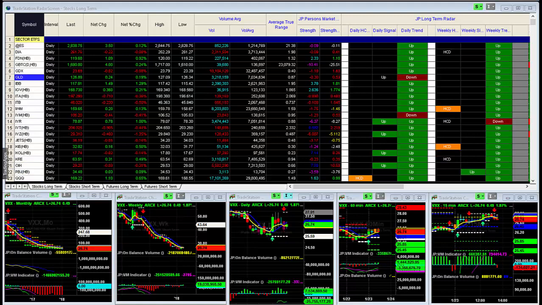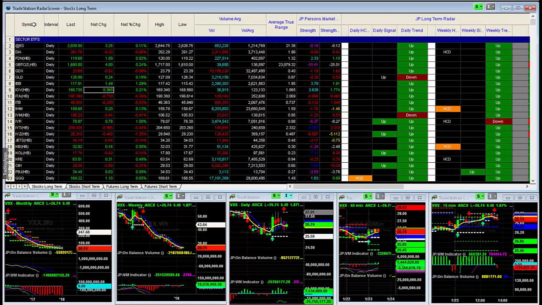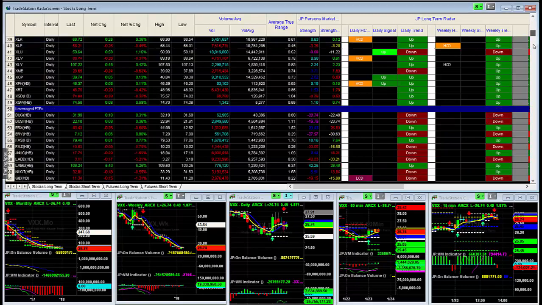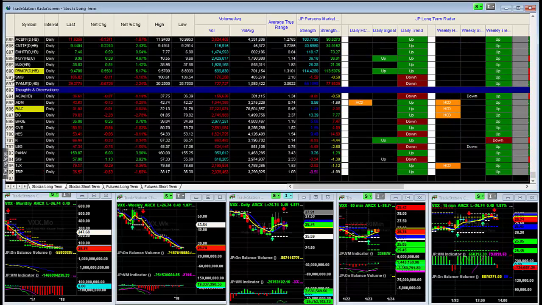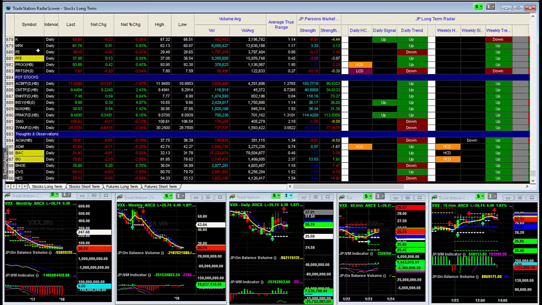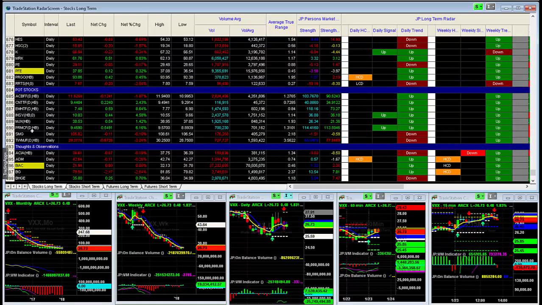Now, also, what we want to look for is when we take a look at our radar screen, and my radar screen is now loaded up to, as you can see, approximately 700 different stocks, and I have, for lack of better words, pot stocks, the medical or marijuana industry.